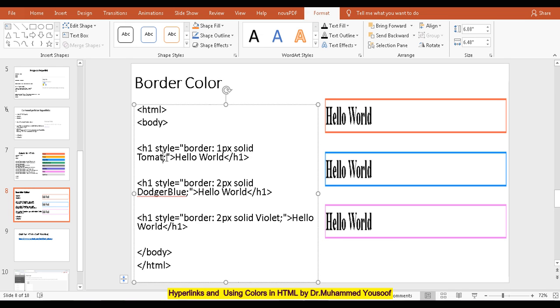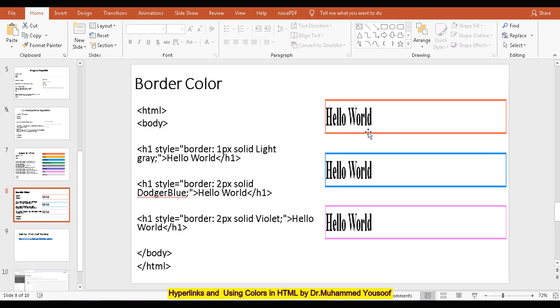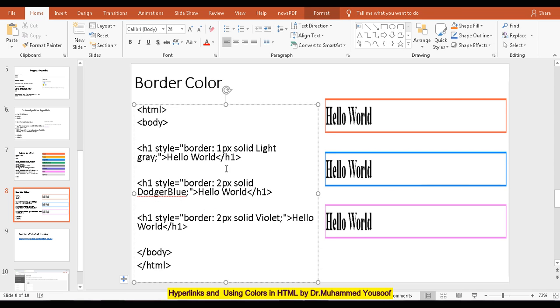If you give here light gray, the border will change it as what? Light gray. If I give here light gray, L-I-G-H-T, gray, for example. If I give light gray or gray, whatever the color, you can see here the color, light gray. Okay, this is the color. If I want to apply this one, the border I want to change with this color. So I give here light gray. So the red color border will change as what? Light gray. Now again I am giving border. I am giving 2px, 2 pixels or 3 pixel. It will be more darker, and I am giving here hello world.